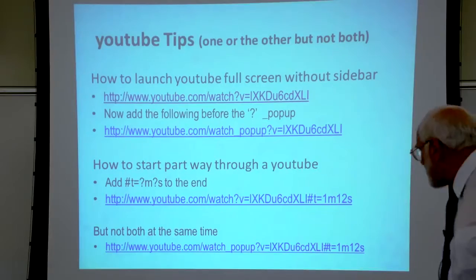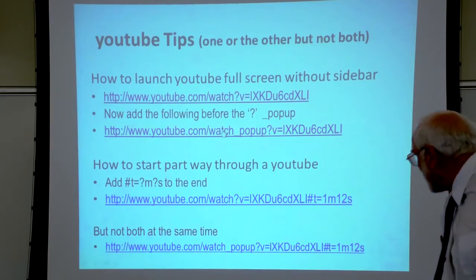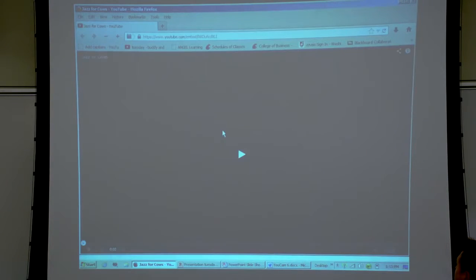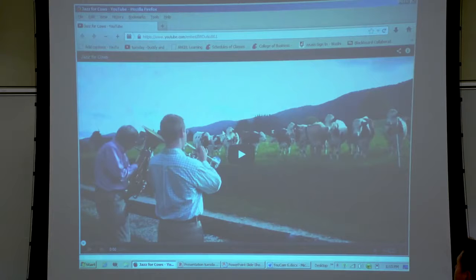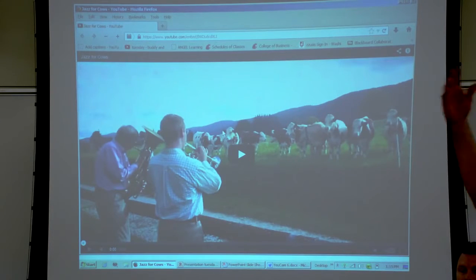So what I do, if you notice right here, where it says pop-up, it's just underline pop-up. You put it right in front of the question mark. That's all. And this might be something you guys are aware of, but what it then does, it comes up in full screen mode right into the YouTube itself. And without the sidebar stuff, without the advertisement,